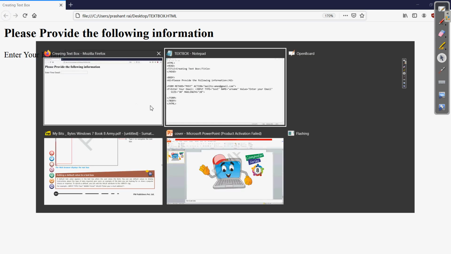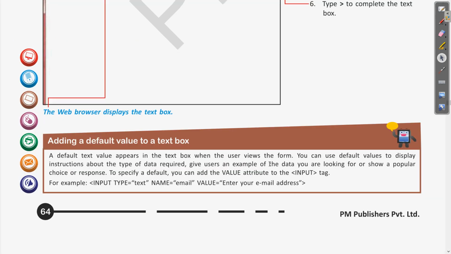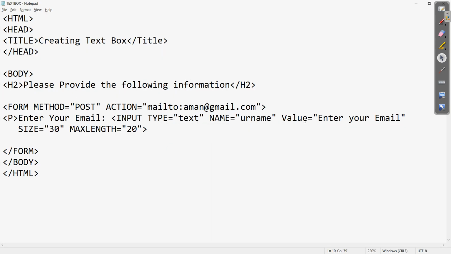Let me check once again in the book. Here was the value attribute where we have mentioned it. I think we can try to write this with a capital letter also.